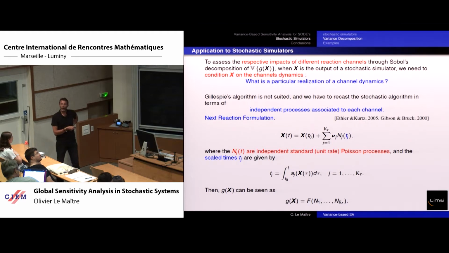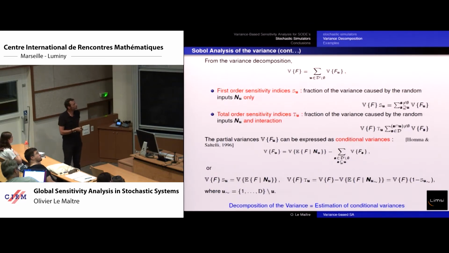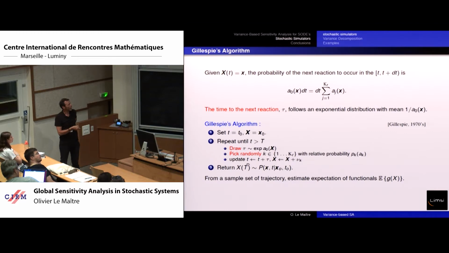Okay, but how to apply this to the stochastic simulator? Here in this Gillespie algorithm, it's very unclear what are the stochastic inputs. And more exactly, when I draw a random number, I can hardly say, okay, this is a number drawn for a certain reaction channel. Actually, if I change the indexation of the channels, I may completely change the dynamic. So how can I decide on things or inputs that are staying the same for some channels and others that are